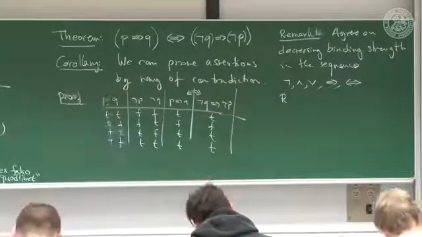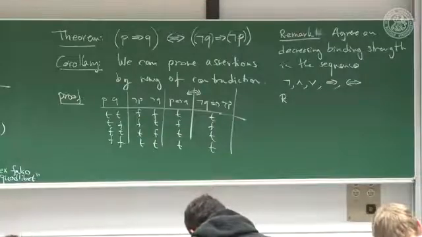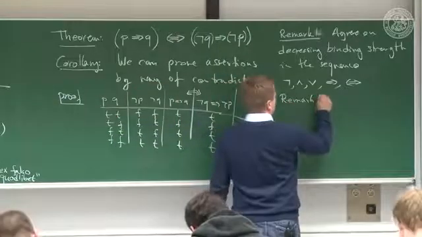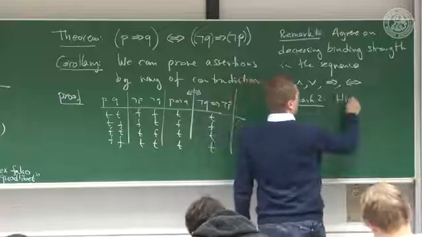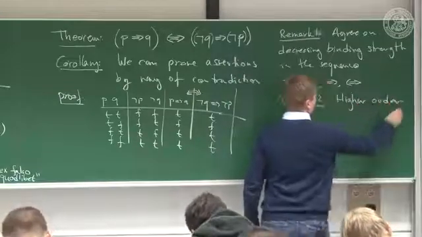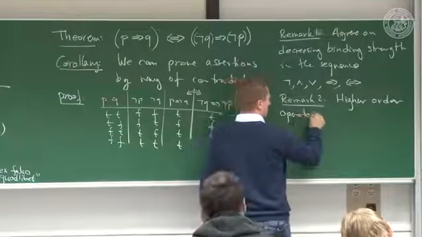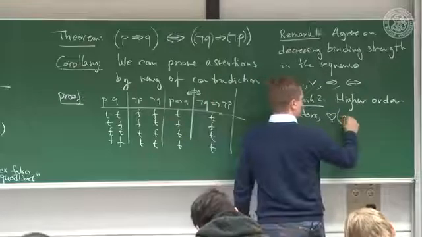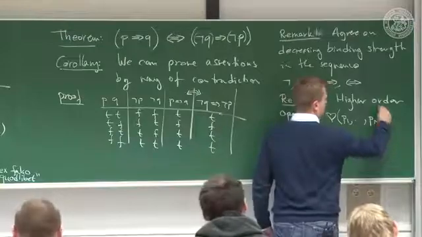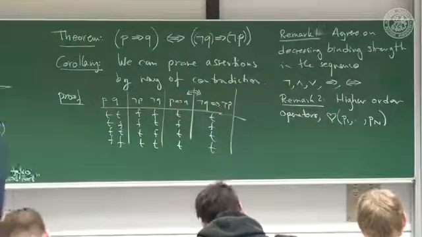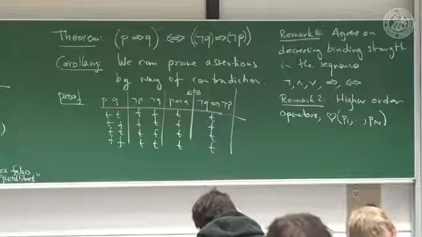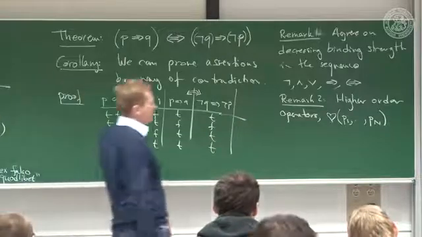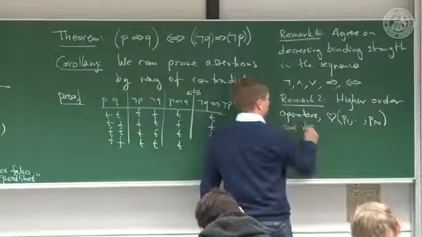Well, we had a few unary ones. We had a few binary ones. Well, what about higher order operators? Remark 2. Higher order operators, say the operator heart shape that eats P1 to Pn statements, so it would be an operator of order n. Well, unary operators are obviously of order 1, binary operators are of order 2. Higher order operators, heart shape, can be constructed,